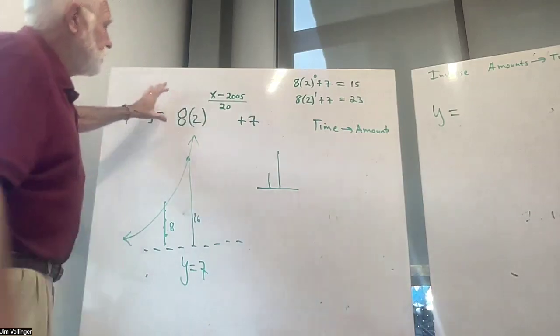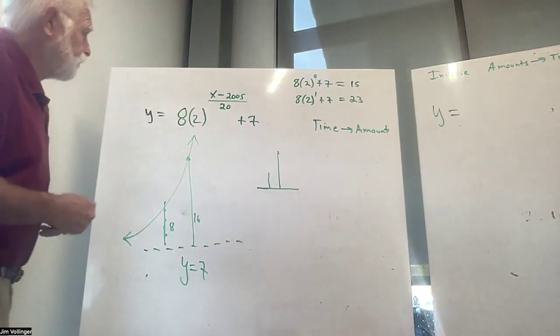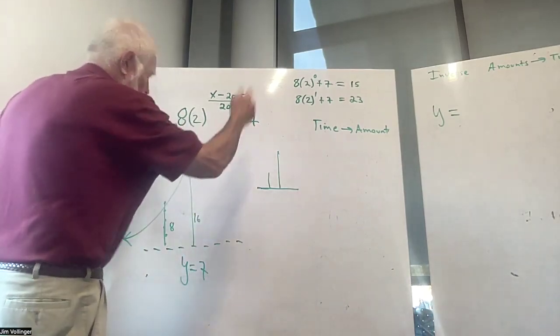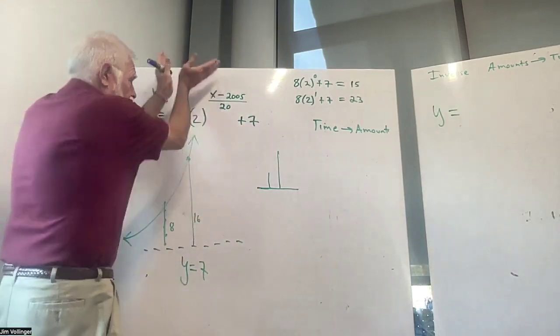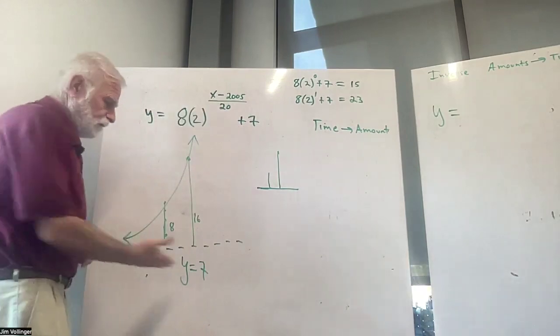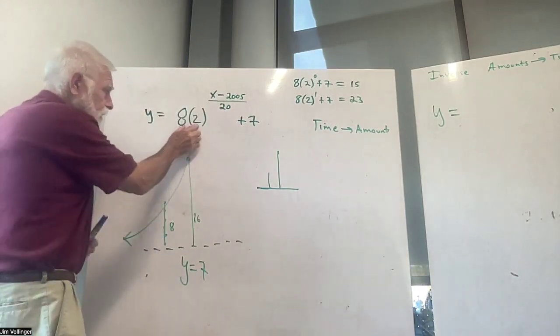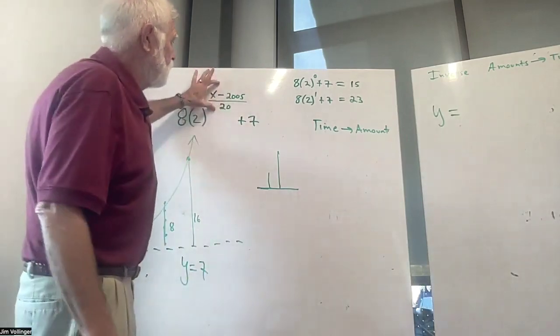Okay, so here's a typical exponential function. I've got a doubling function, and the differentials are here and here. Well, part of the graph is here, right? So y equals 7, exponential growth above a y value of 7. And the first initial jump is 8, and the next one is 16. That happens when I make the argument